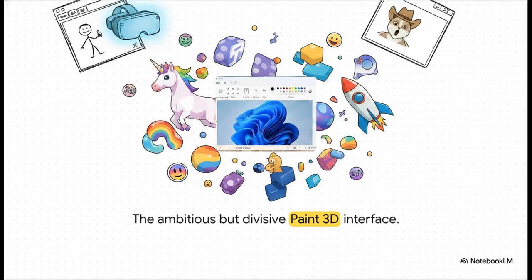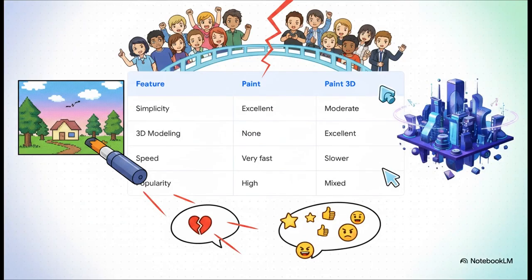I mean, let's be real. People didn't want a complex 3D modeling environment just to quickly crop a meme or draw a stick figure. The massive disconnect becomes super obvious when you actually compare the features. When it comes down to simplicity, Classic Paint is excellent, while Paint 3D is only moderate. For speed, Classic Paint is very fast. 3D is noticeably slower. Sure, Paint 3D had excellent 3D modeling, but Classic Paint's 2D editing was exactly what users